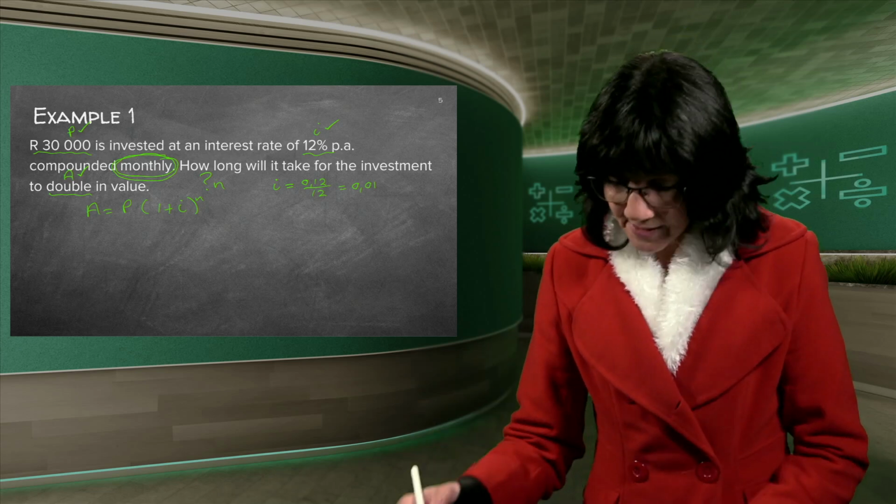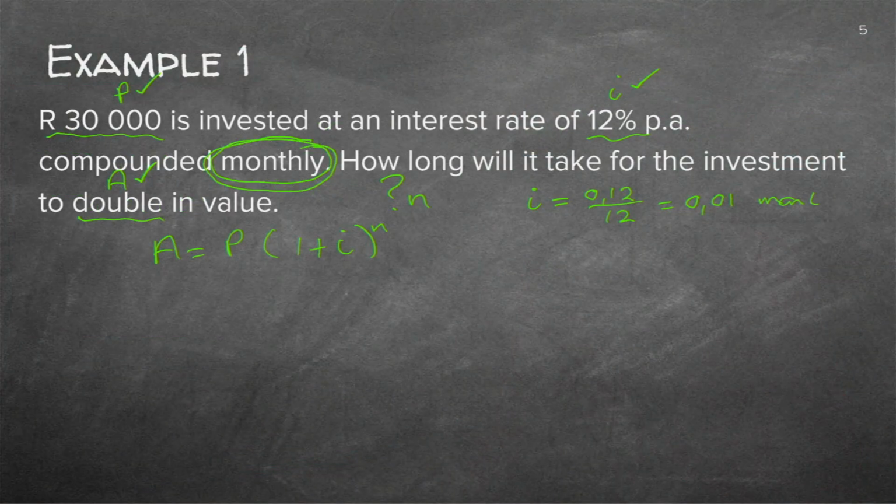Good. Now because it's now months, just remember the n that you're going to find in your answer is also going to be months. Because now your problem is in a monthly manner. You do not have to write 12n because the n automatically, because it's one formula and my i is in months, the n is automatically going to be months. I do not know what the n is yet. So I'm going to fill in, let's start with the P. The P was 30,000. It must double. That means it must become 60,000. My i is 0.01 to the power of n.